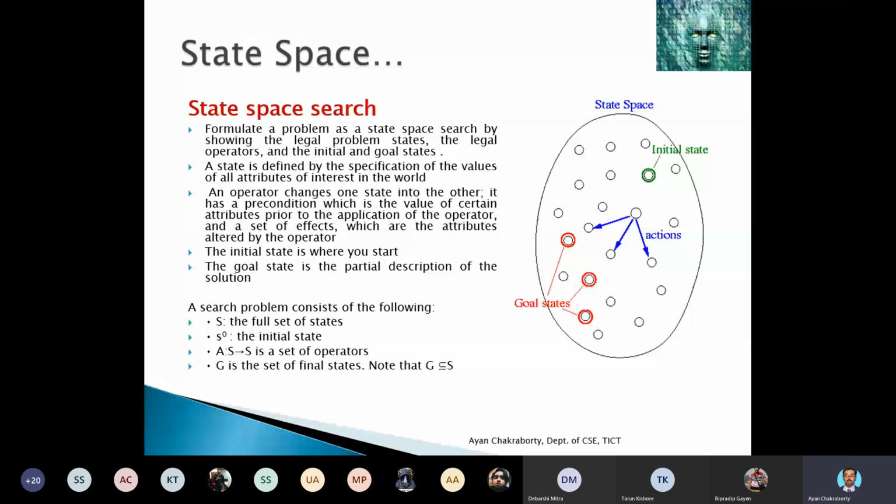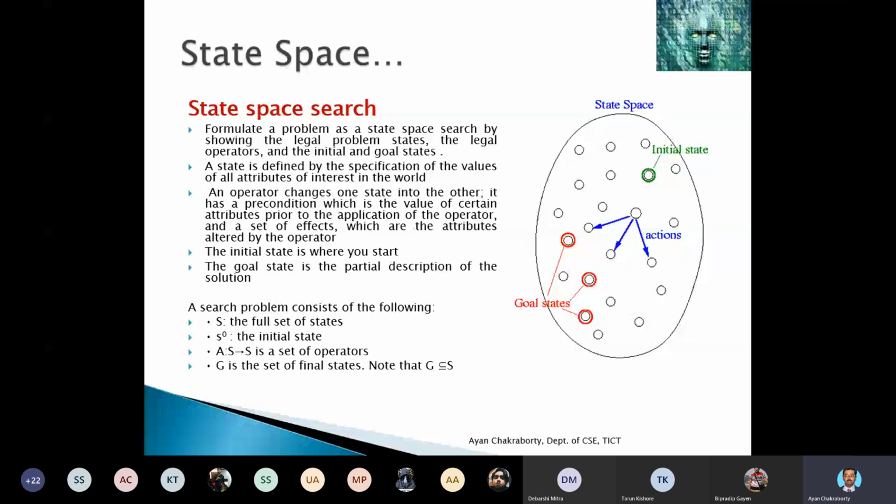In a goal based AI system, there will be only one goal, one target. But a utility based AI system is capable of targeting multiple goals. So a problem space can have one initial state, obviously, this is a must. The initial state can't be more than one. So one initial state, one or more goal states or target states, and in between them a number of intermediate states.